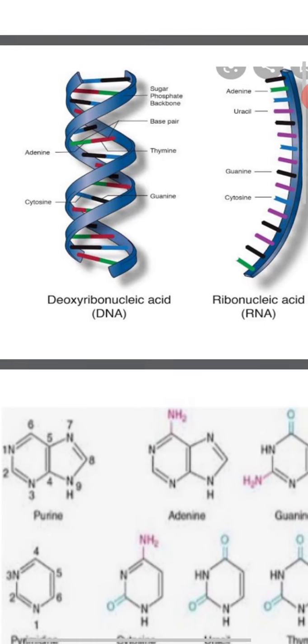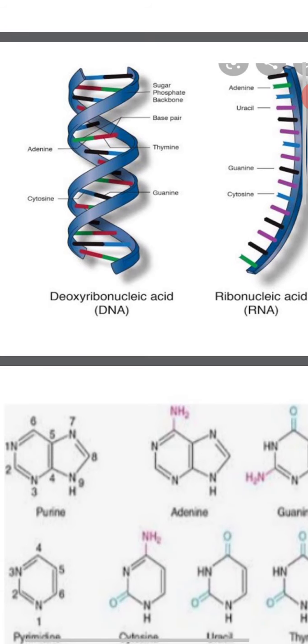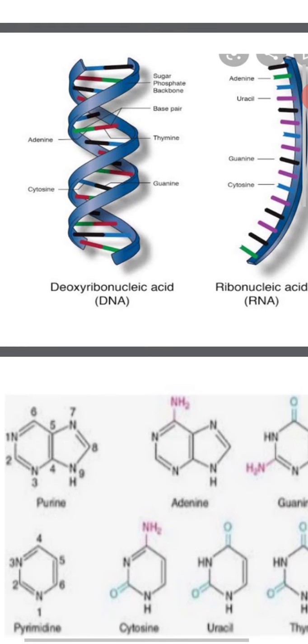When we hydrolyze nucleic acid, it will give out nucleotides. When we hydrolyze the nucleotide, it will give out nucleoside plus H3PO4. And when we again hydrolyze the nucleoside, it will give out purine or pyrimidine base and a pentose sugar. So we know what things make up nucleic acid.